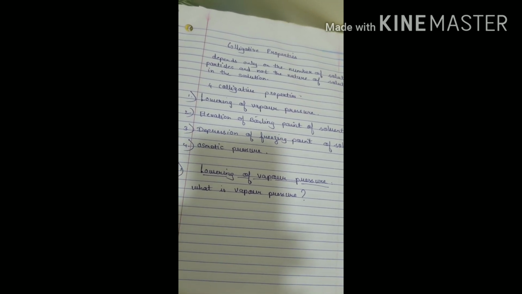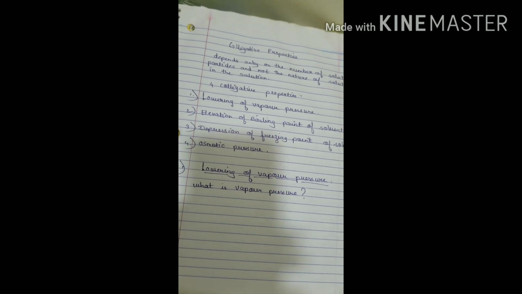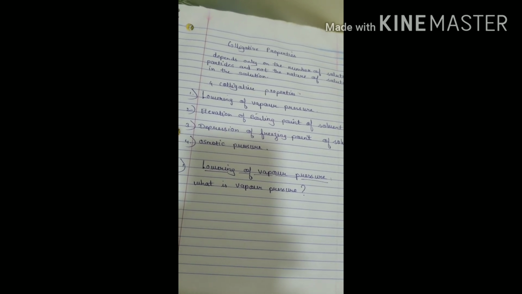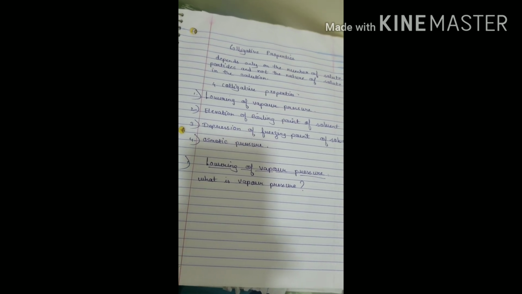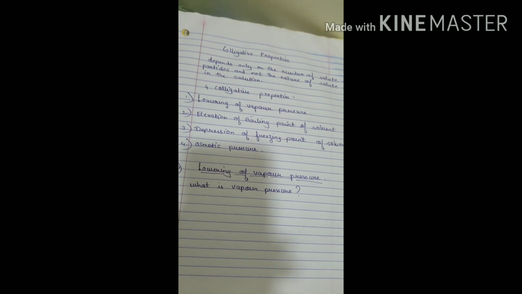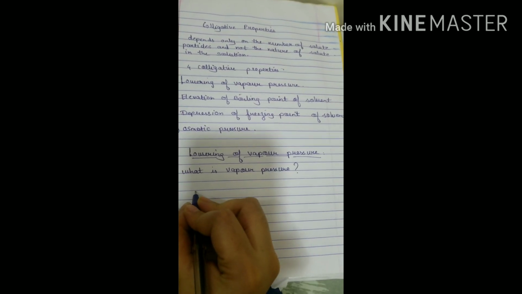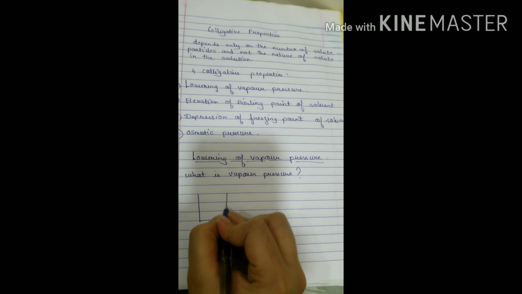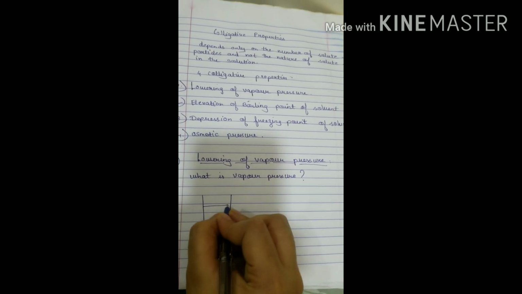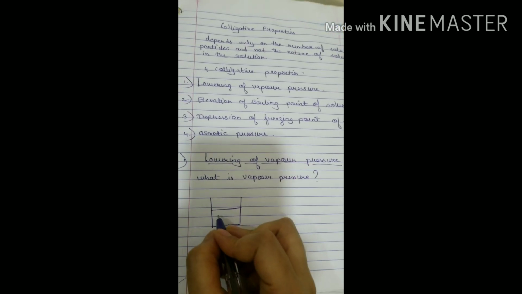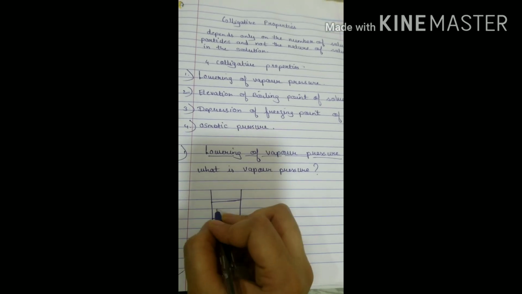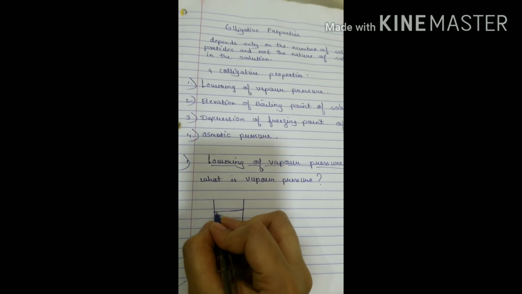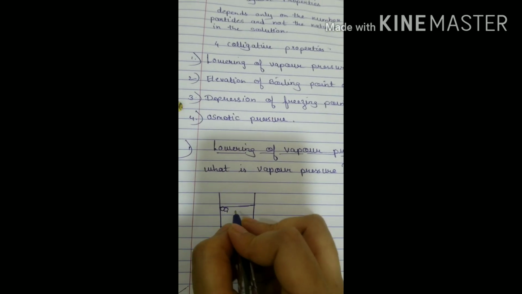So in these liquids, the molecules are held by the intermolecular forces of attraction very weakly. Okay, there is very weak intermolecular force of attraction between the liquid molecules, and that is why they evaporate quickly and they come under the category of volatile liquids. Okay, now if I take a beaker, fine. In this beaker, say there is a liquid, okay, so there will be molecules that will be present here